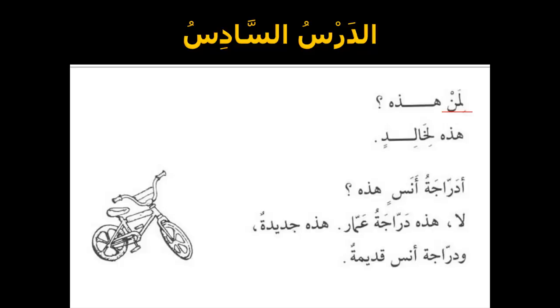Or whose is this? For whom does this belong, or whose is this? Liman hadihi. And we're talking about the picture is a bicycle. Daraja. Daraja is feminine noun. So therefore, for liman hadihi, whose is this? And the answer is